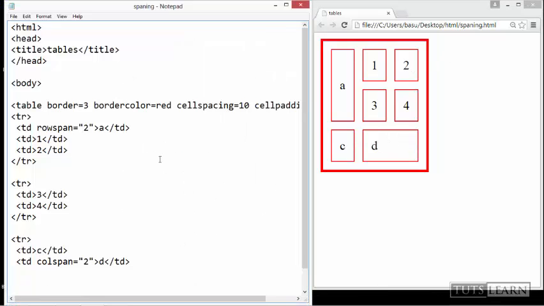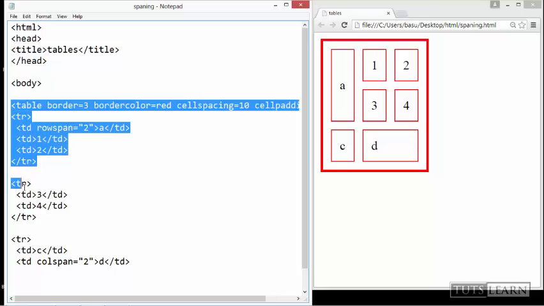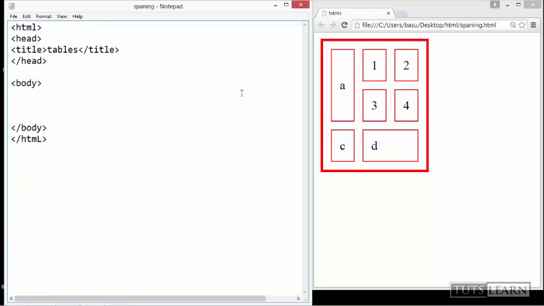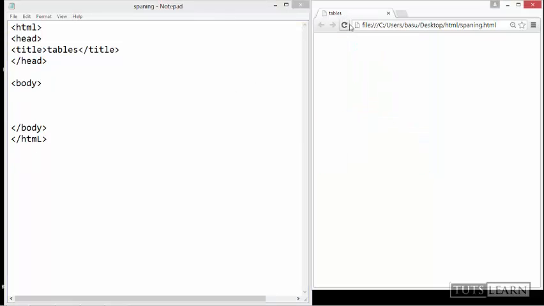Actually, I had made a file, and because of that file it renders like this. I'm going to create it again. Delete it, save this, refresh. Okay, so this is our table. This is called spanning of table elements, and what we use for this is rowspan and colspan. So let me first create the table